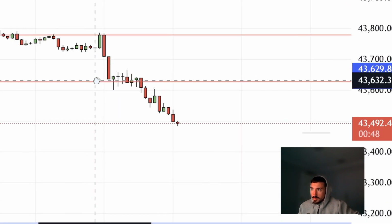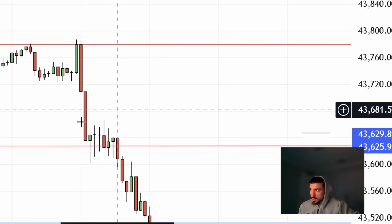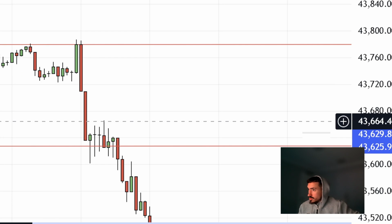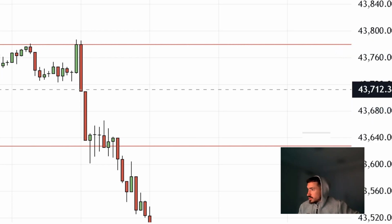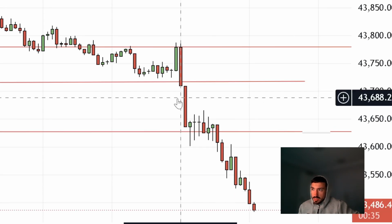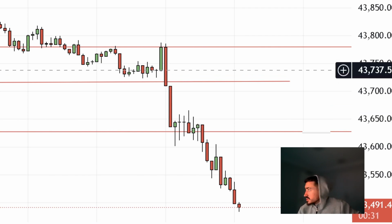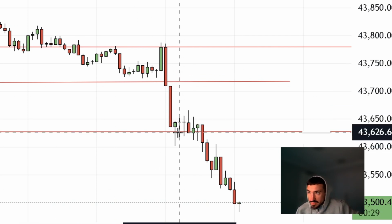So price opened and it opened lower. It broke through an area of demand, continued lower to the next area of demand. And this is where I took a long position, guys. Right here, at this rejection,